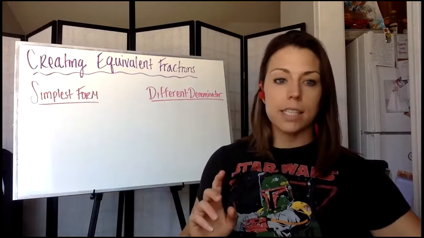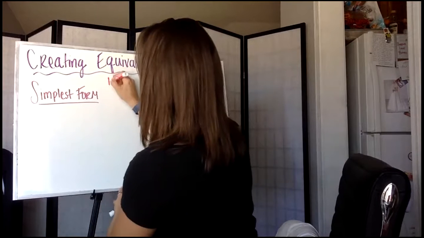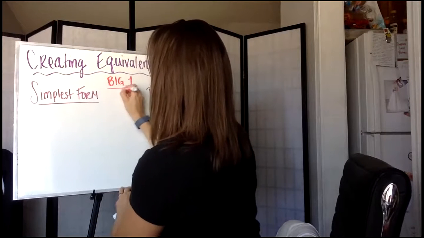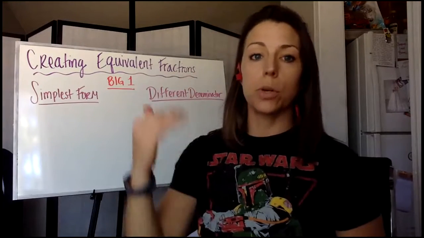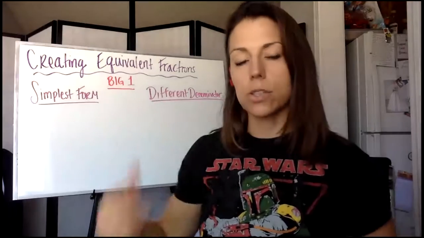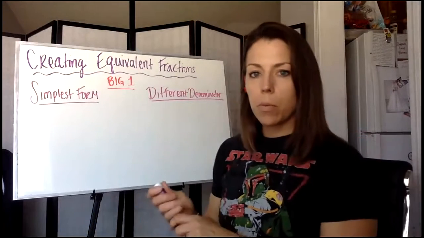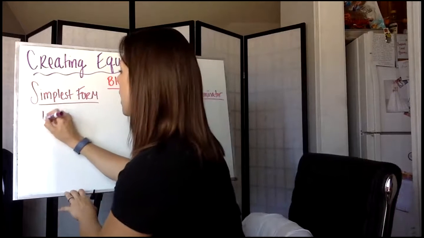In both cases, you're going to use what's called a big one. A big one means you have the same numerator and denominator, something like 2 over 2 or 5 over 5 or 6 over 6 or 7 over 7. An example where you would be using big ones to create an equivalent fraction in simplest form would be something like